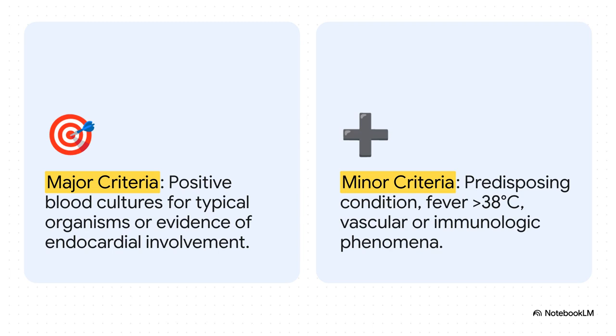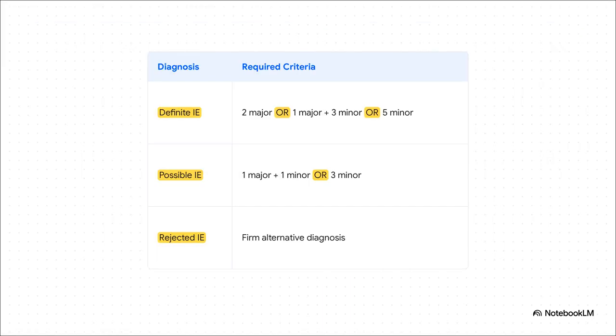The major criteria are the big guns, the heavy hitters. We're talking positive blood cultures with a classic IE bug, or actually seeing evidence of the infection on an echocardiogram, like a vegetation. The minor criteria are all the supporting details, things like a predisposing heart condition, a high fever, or those classic physical exam findings like Osler nodes. And this is how it all comes together. You can see how you need a pretty solid combination of evidence to land on the diagnosis of definite IE. This final classification is the trigger, you know? It's what gives the whole team the confidence to say, okay, we're committing this patient to a long, tough course